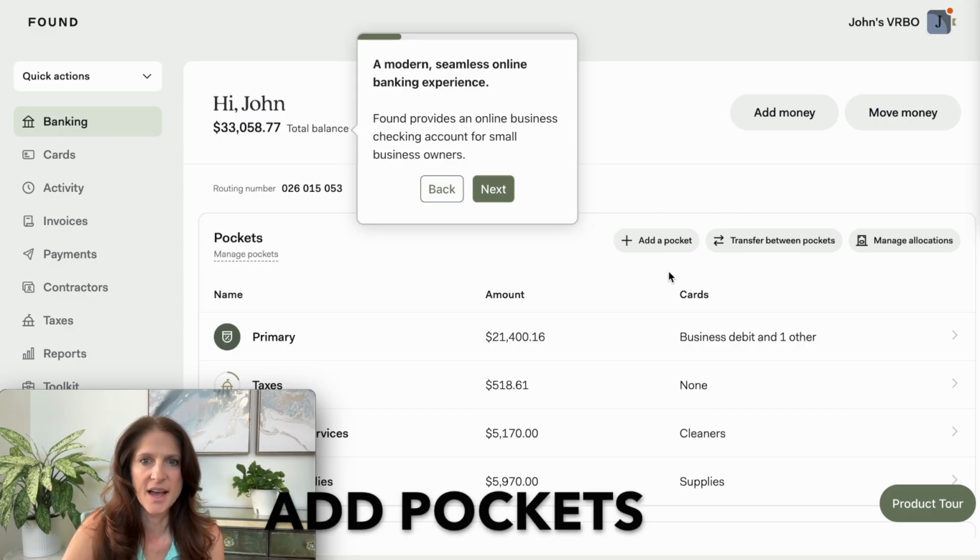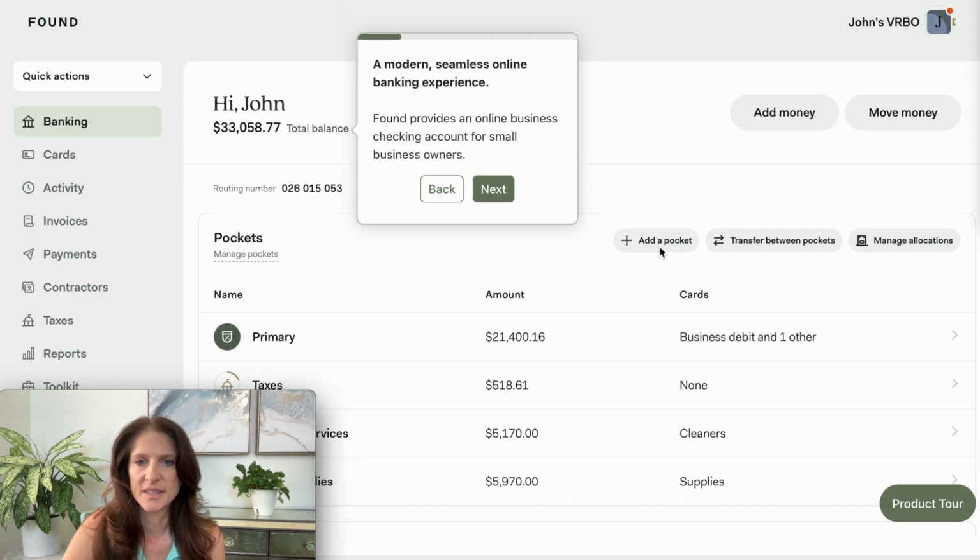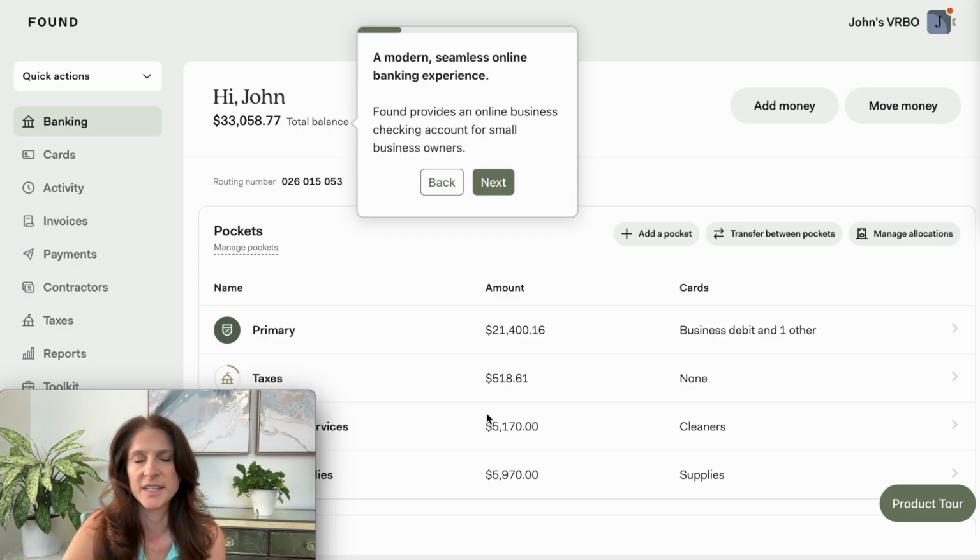So if you wanted to add a pocket for savings within your business, you would just click this, and then you'd manage the allocations for how much percentage of each dollar that comes into your business you want to add to that pocket automatically, if any. And you can do manual transfers between the pockets. I also have a pocket that's just for insurance renewals because those are a bigger ticket item for my business, and I like to make sure I'm saving as I go along so that when I have to renew every 6 months or every year, it's not such a big hit